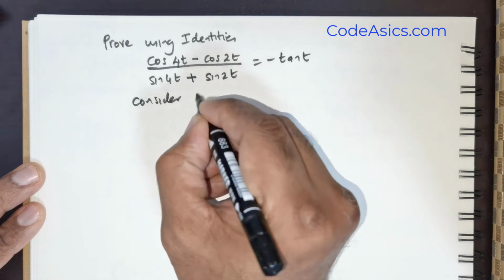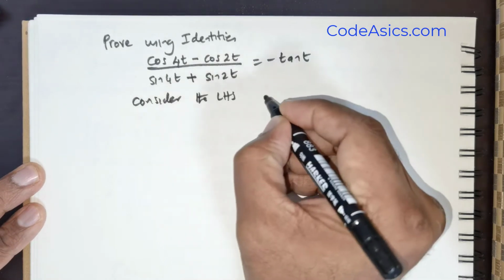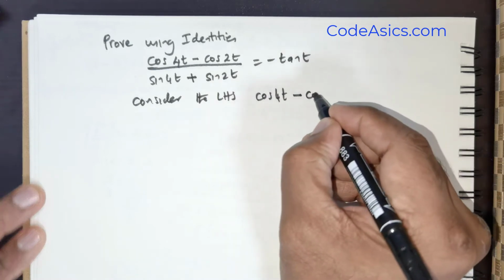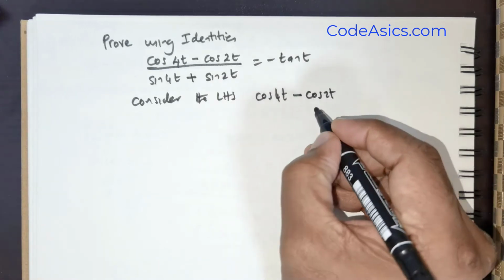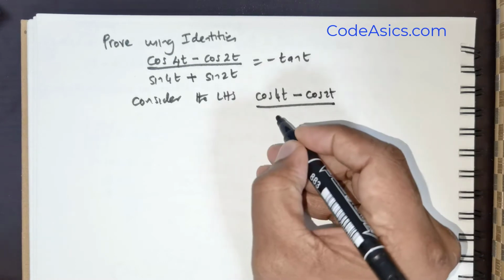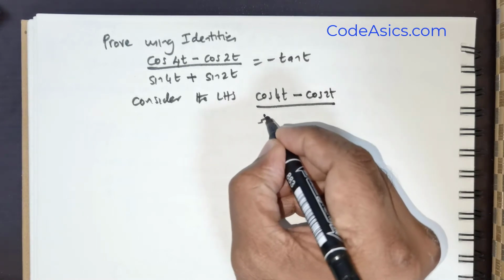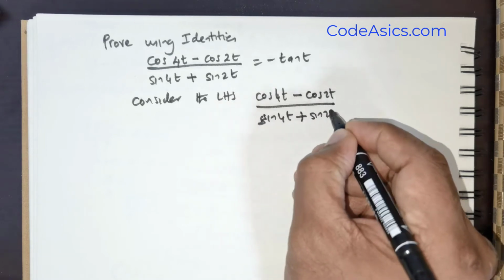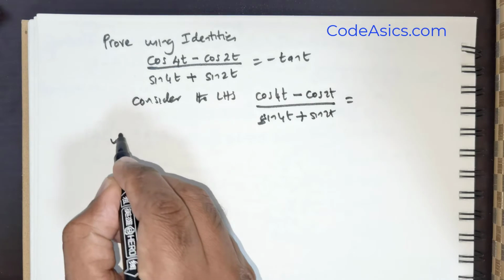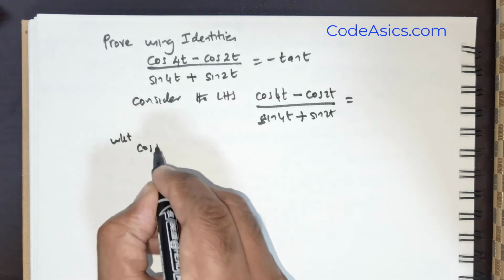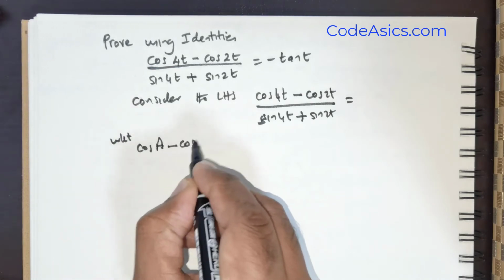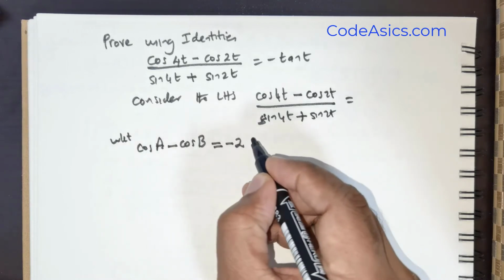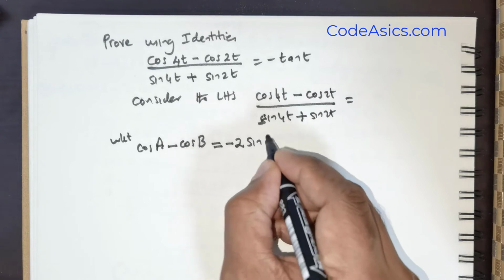Consider the left hand side. So, I would be rewriting (cos 4t minus cos 2t) divided by (sin 4t plus sin 2t). Now we know that cos A minus cos B is equal to